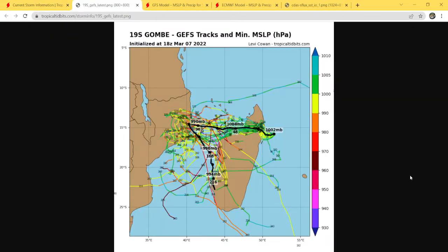All right, so here is the GEFS track and minimum MSLP, and as you can see, it has a pretty weird track. It goes to the west and then straight south and southeast, going back into Madagascar as a pretty decent, moderate tropical storm. But like I said, once we take a look at the models, we'll see why this is kind of wrong. As you guys know, I mention this every time, this black line here is the average of all these plots that you see on the screen,